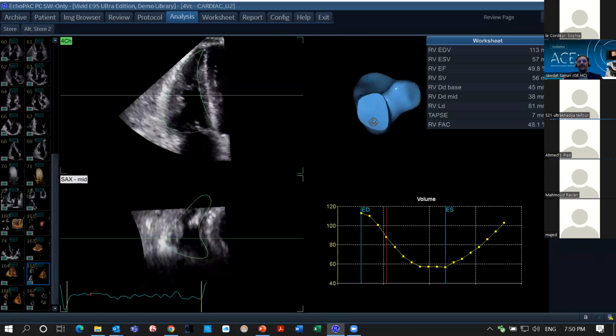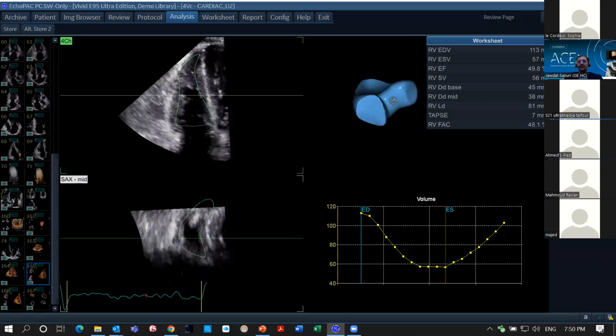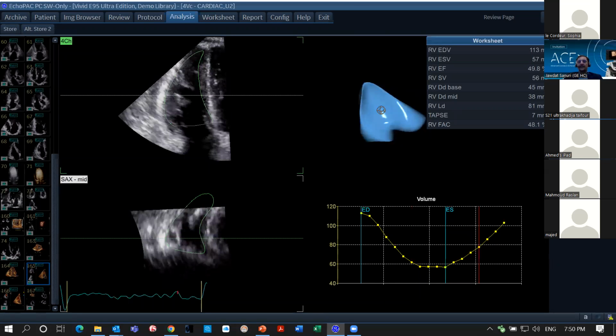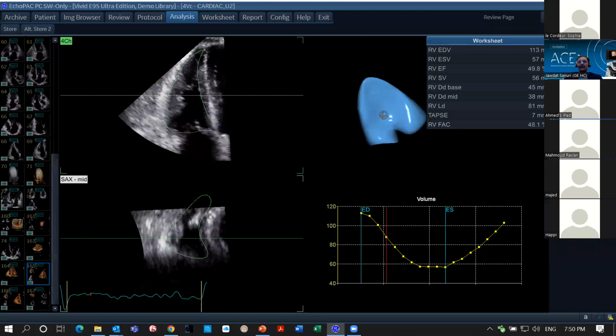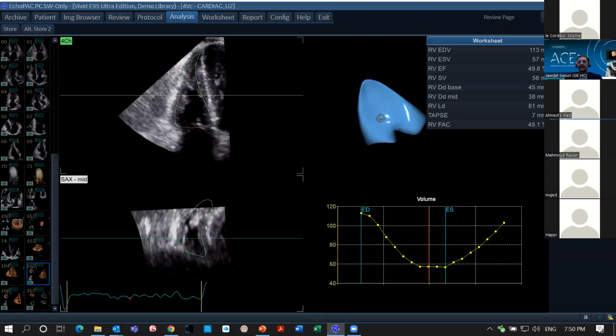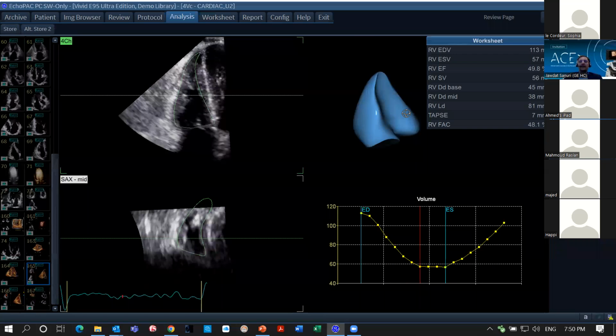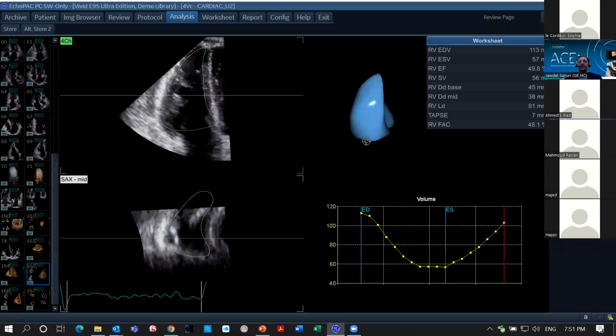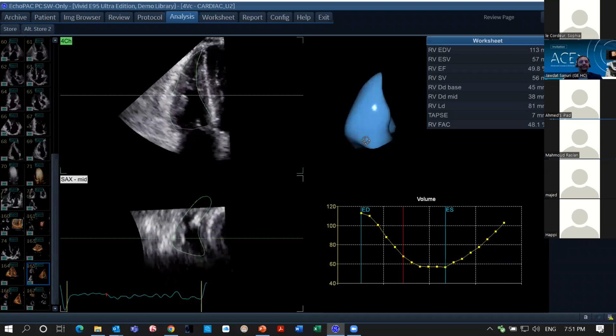Here's inflow of the RV. Here's RVOT outflow. Here's the groove between inflow and outflow. Here's the left ventricularized septum of the RV. Of course, you can see it's bulging in because again, it's a normal RV. It's not a dilated RV or